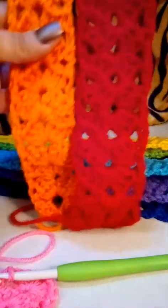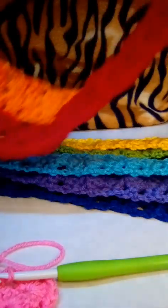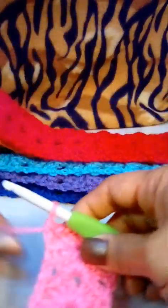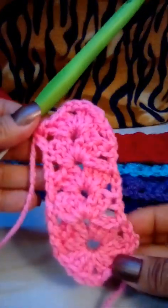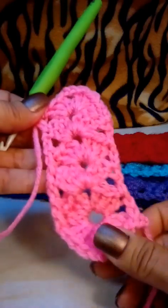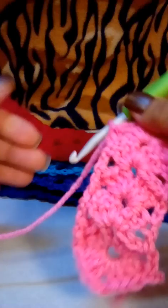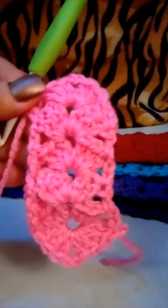So I'm gonna have to be stretching some of these out, and hopefully it doesn't look too bad. But yeah, go ahead and finish up your one strip, and then I will come back and show you how to make the border row and then how to connect your strips. Okay,